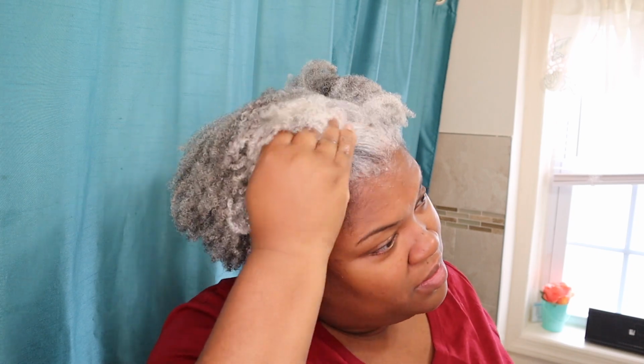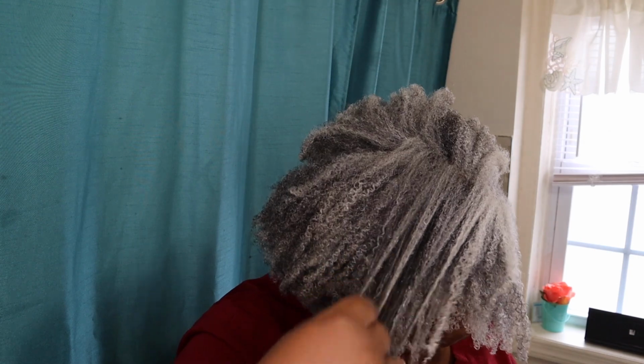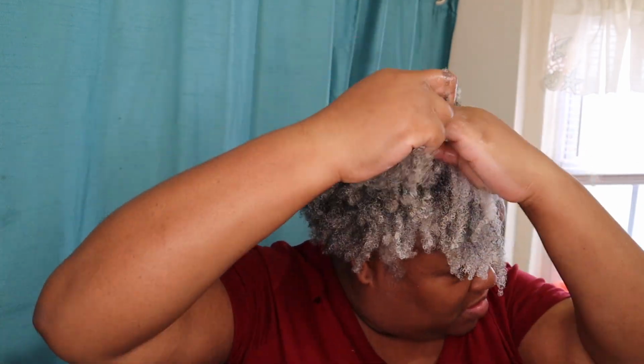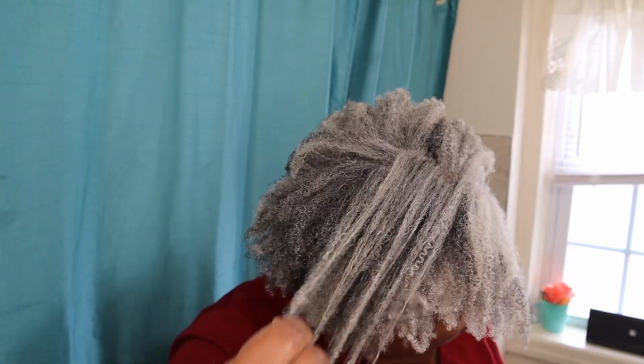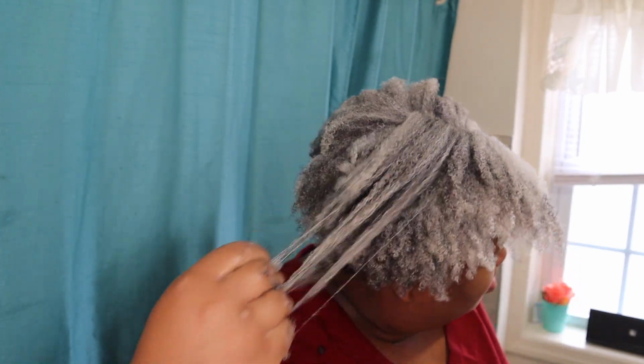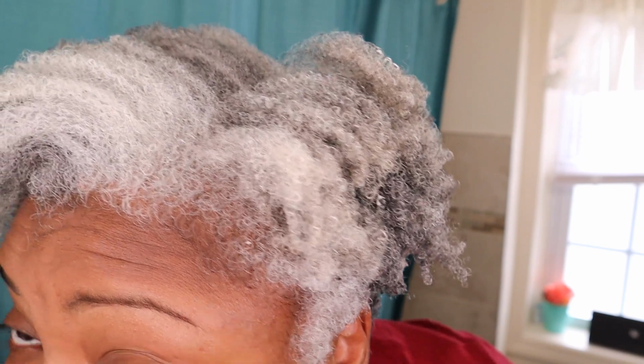But as you can see, as my hair starts to get moisturized, and this is why shrinkage is sometimes frustrating to deal with, it is a tell of healthy hair, a hair that's moisturized, because it draws up on the water. And so I was able to start to see my coils come in. Now you notice you saw the coils more so toward the ends. It took a little bit more time when it comes to the roots of my hair